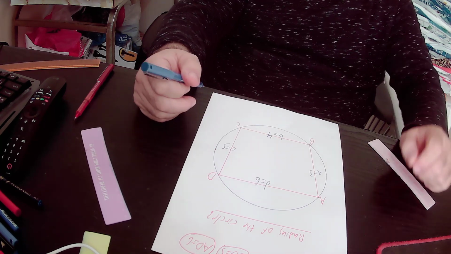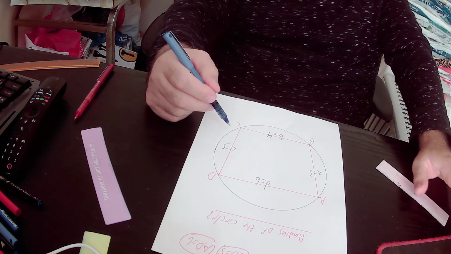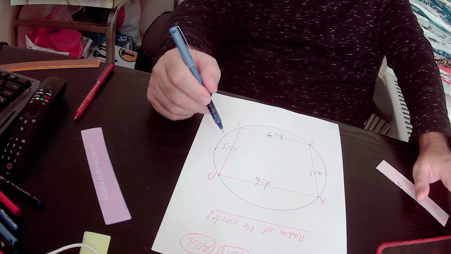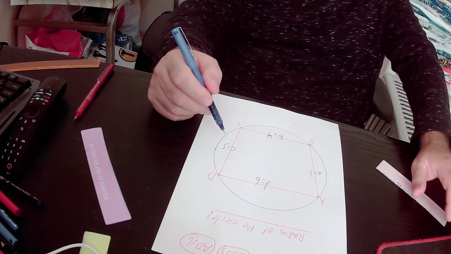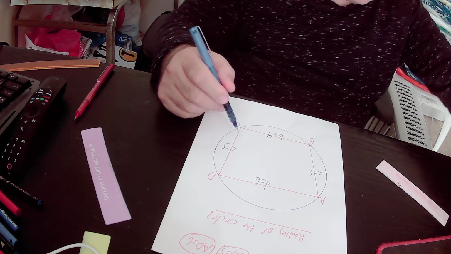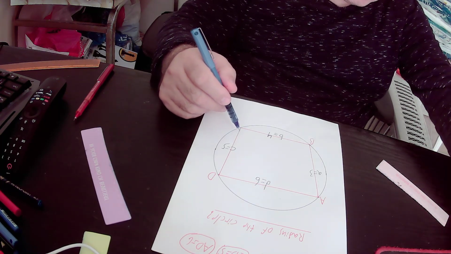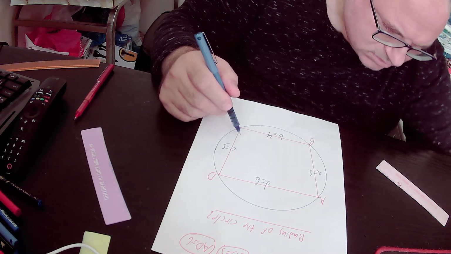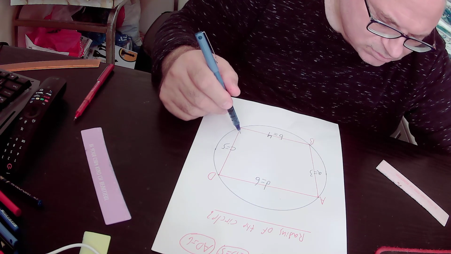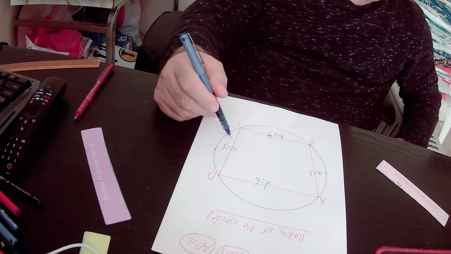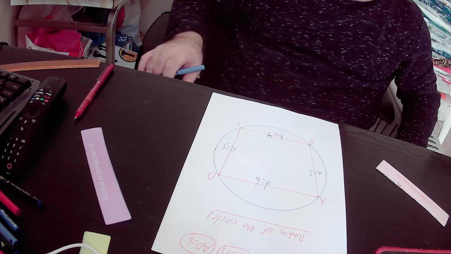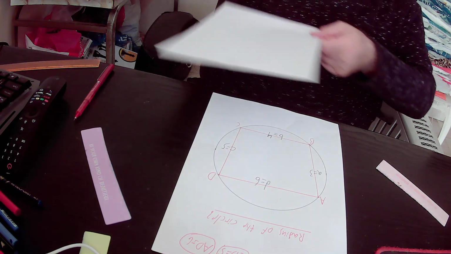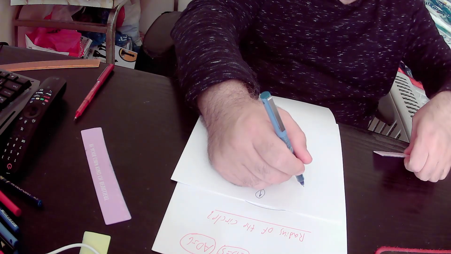Okay, and we want to find out the radius of this blue circle. So I will present to you 3 new rules, and we will implement those 3 new rules in our drawing. So rule number 1 is that